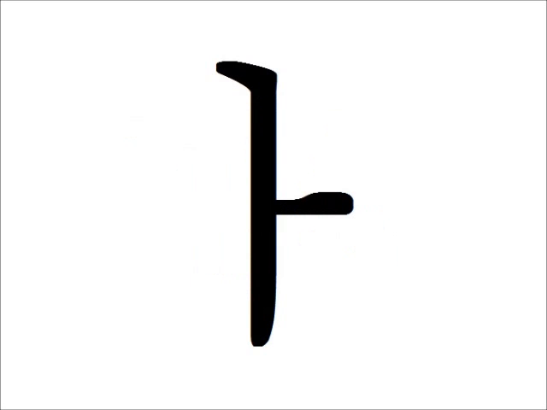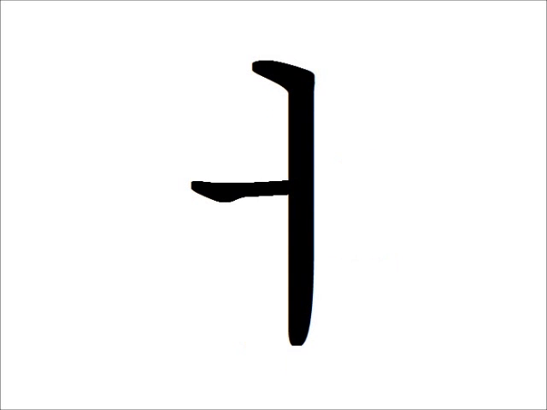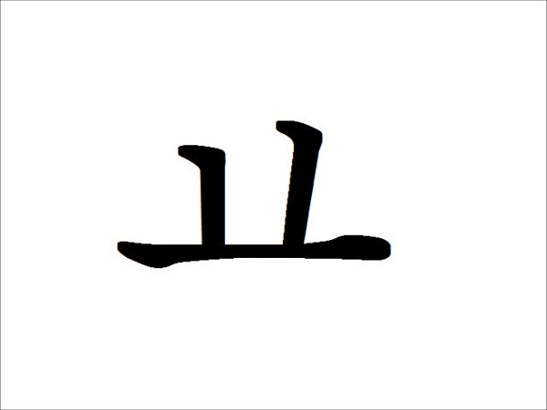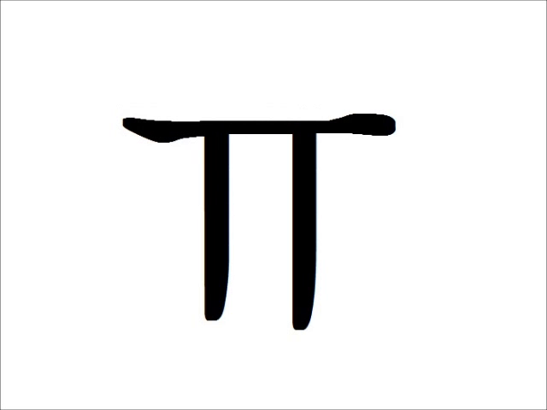Now vowels. Vowels do not have a name like kia or niun, so I just read them out. A, ya, o, yo, o, yo, u, you,